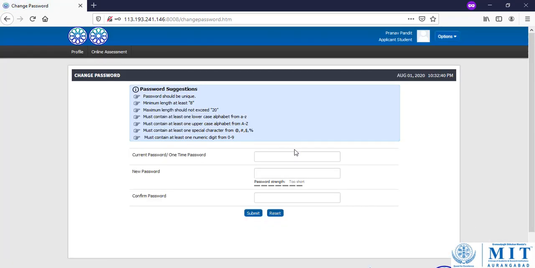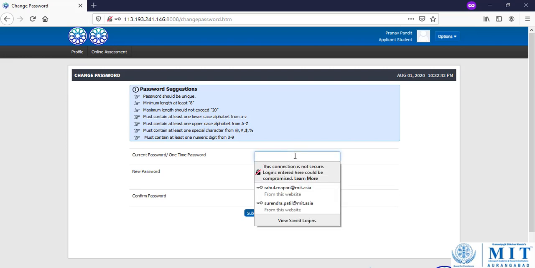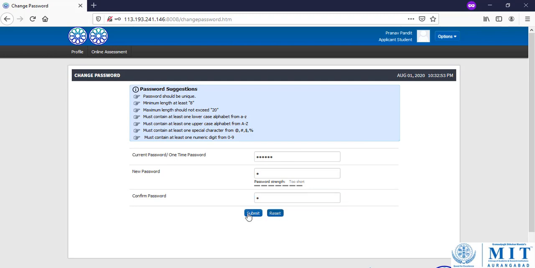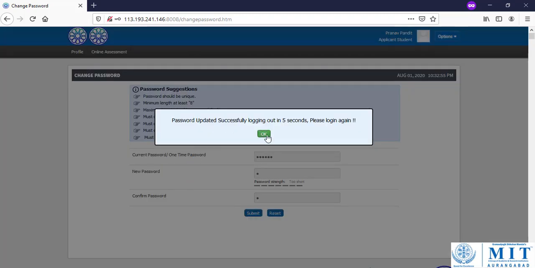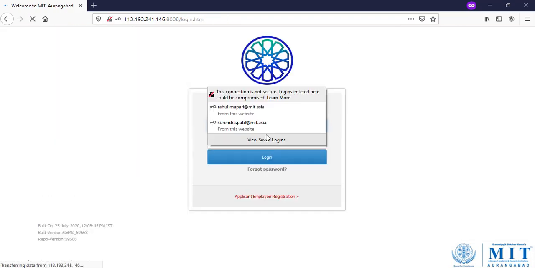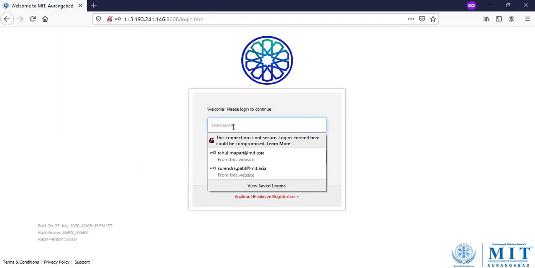Whenever a student logs in to the system for the first time, it will ask the student to change the password. So the student needs to provide the current password and the new password. Now the password is updated successfully, and the student will be required to log in again.